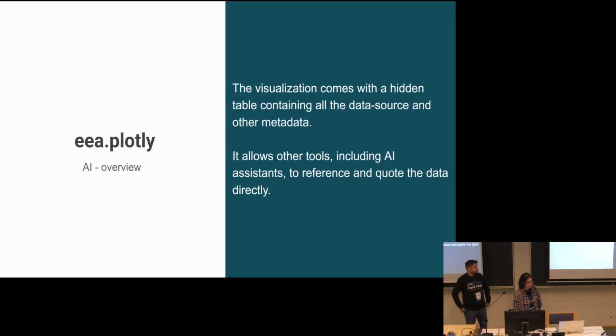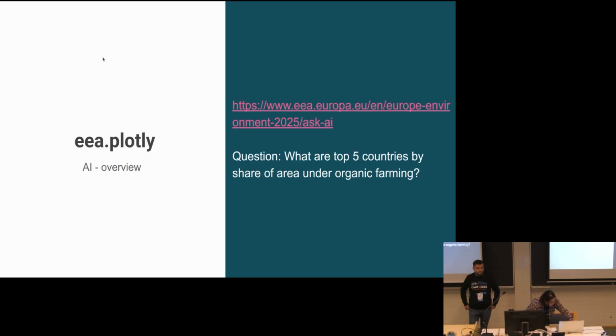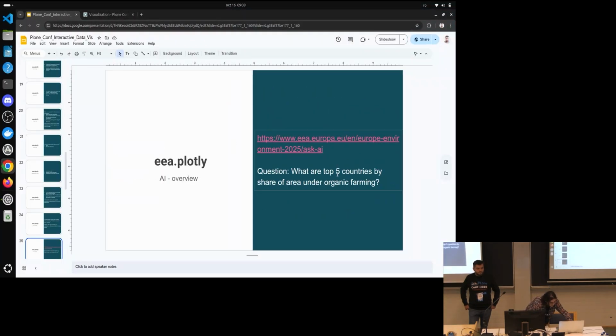So because the visualization comes with a hidden table, which contains all the data sources and the metadata, it allows other tools like AI to reference and encode the data directly. So I have an example for this. If we go to this link and then ask this question,